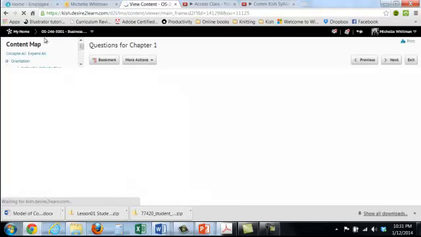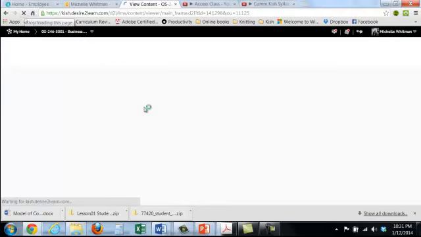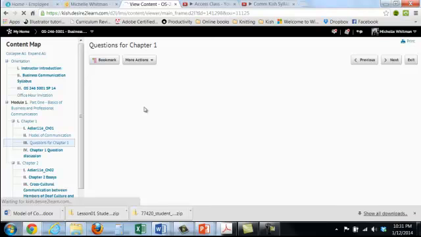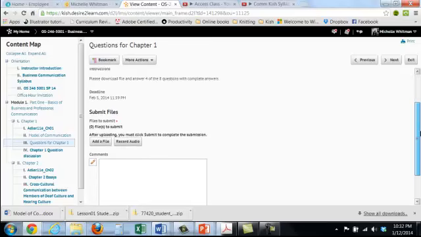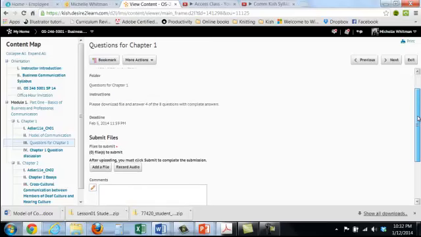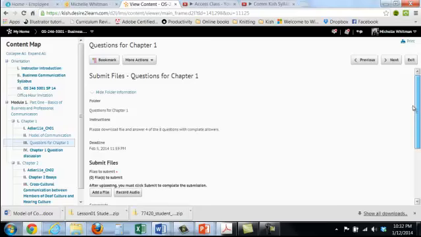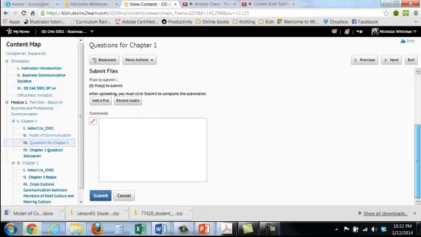So here there's a bunch of questions that you're going to do, and it's the same kind of format. It's a Microsoft Word file that you're going to download and answer a few of the questions. Now you don't have to answer them all. You're going to answer 4 of the 8 questions, and you can choose which ones you want to answer. So you do the same thing where you'll download the questions, and then you're going to upload the files back to me again. So once you're all finished, you answer the questions, and then you submit them back to me,